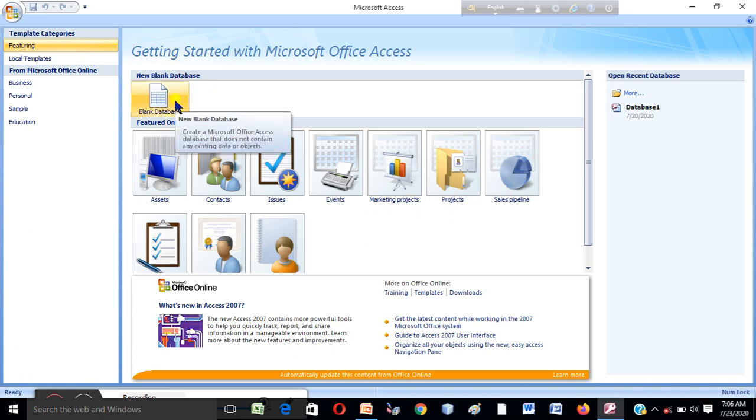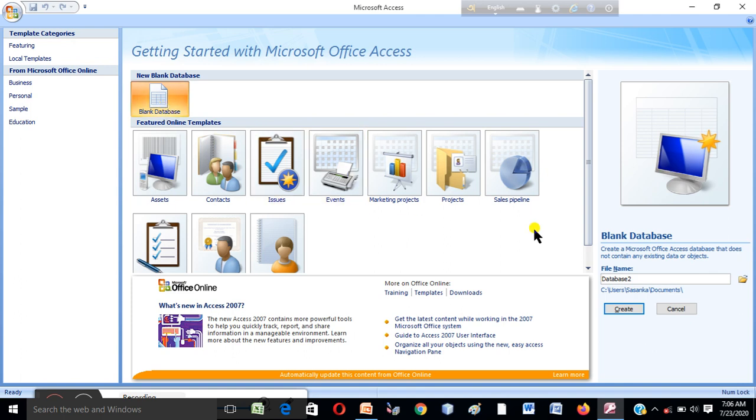When we start MS Access, first we need to select a blank database. Then put a name for your database. Suppose here I am writing one name, that is Data 1.